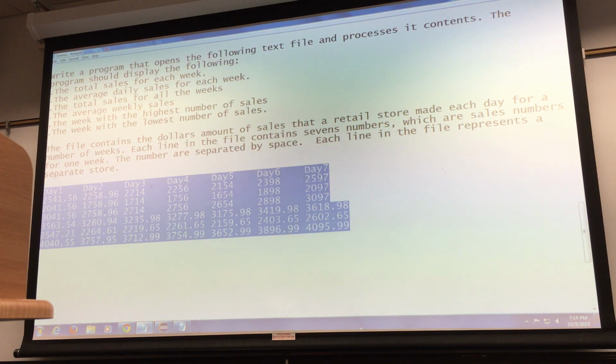All right, here's the next one. Are you guys ready? Yeah. I'm going to take like 10-15 minutes on this. It says write a program that processes the following text file and its contents. That opens the text file and processes its content. The following is hyperlinked, and the hyperlink falls off in the text file. So the program should display the following: